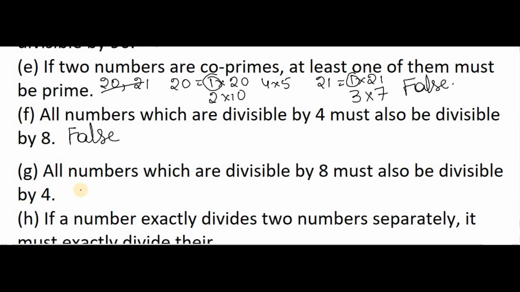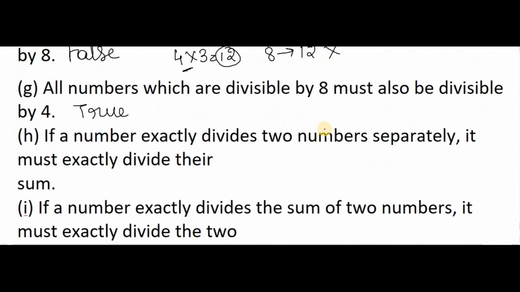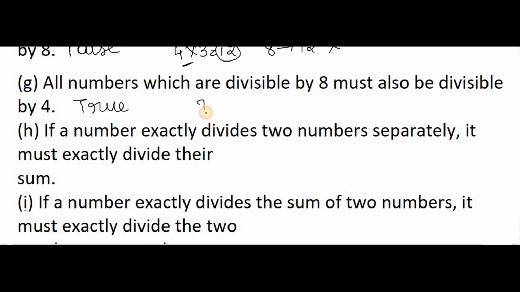Here he given the same statement whatever I said, so that is the reason it is true. Why I said here false? Because 4 3s are 12, which is divisible by 4, whereas in the 8 table do you get 12? So based on the simple logic I am saying that it is false. In the same way, 8 9s are 72, in the 4 table you will get 72, 4 18s are 72. So that is the reason I can say that whatever the numbers which come in the 8 table, which are divisible by 8, all those numbers will definitely be divisible by 4 also.